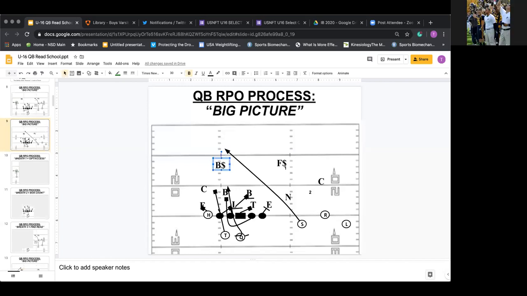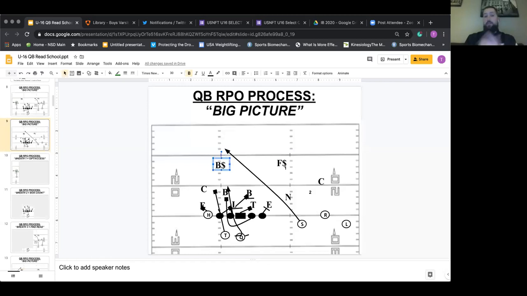Good deal. Anybody else have any questions? I like that play a lot, man. It's filthy. I wasn't prepared for it. I'd have had the cut-up ready, but man, as far as a quarterback run RPO, we didn't run that with any of our U16 kids.